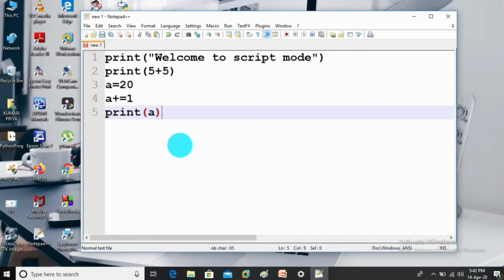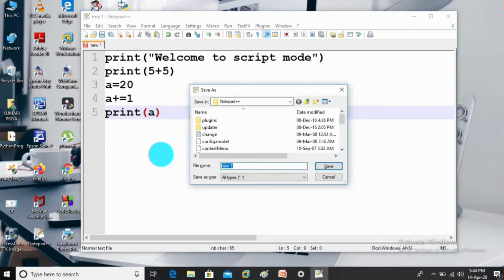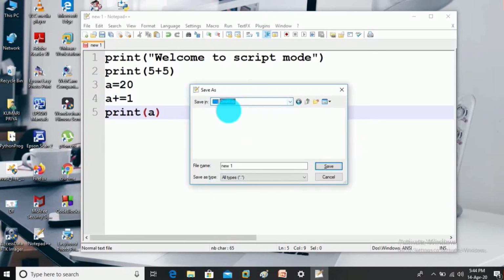Alright, to save this file you can use Ctrl+S. Now choose the file location where you want to save it. I have selected desktop.